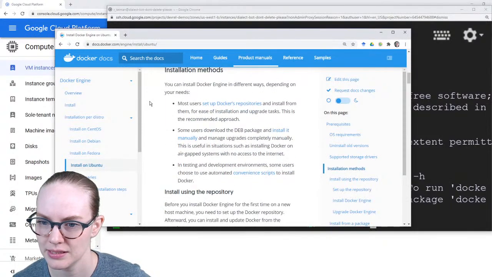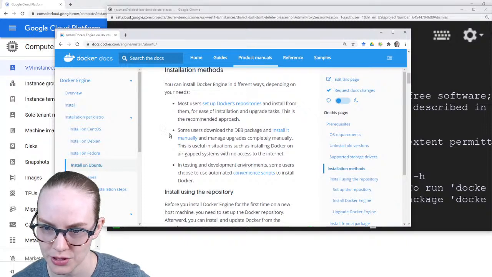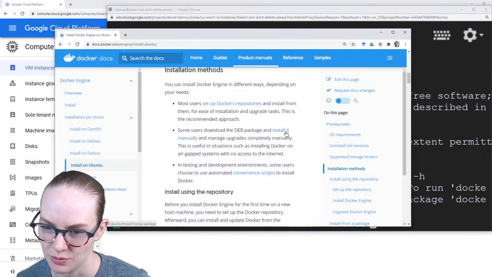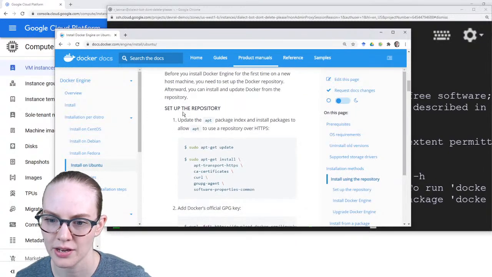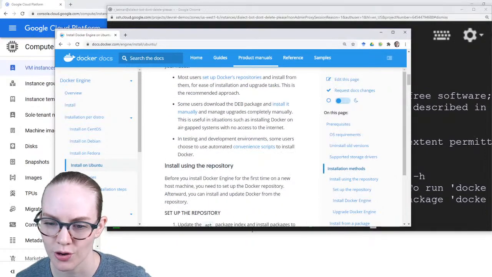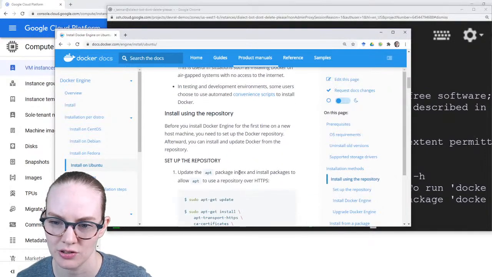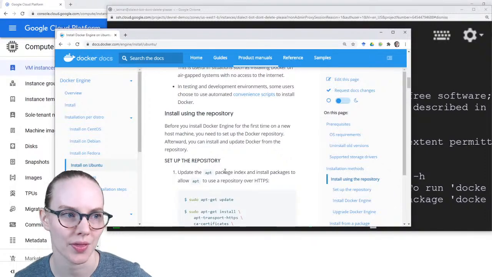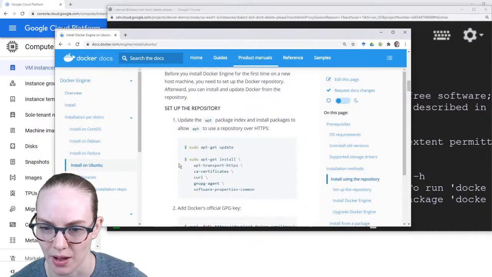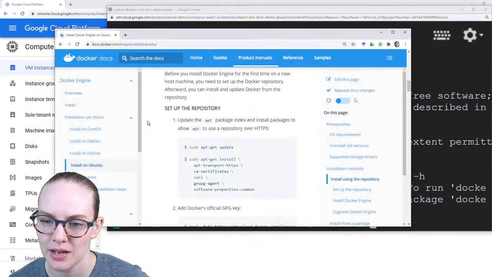Install, upgrade, test. This is a recommended approach. Some users download the deb package and install it manually. Installing using the repository. Before you install Docker Engine for the first time on a new host machine, you need to set up the Docker repository. Afterwards, you can install and update Docker from the repository.